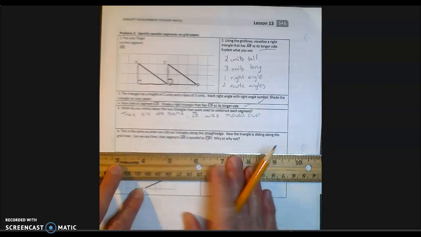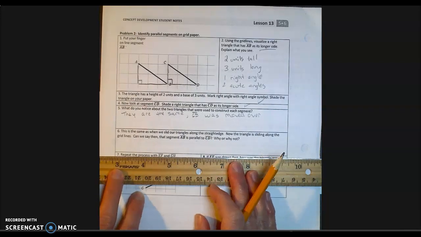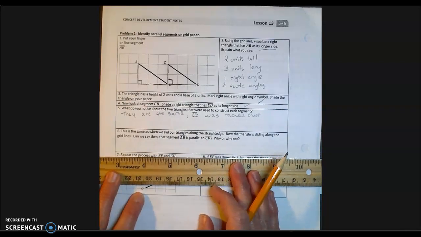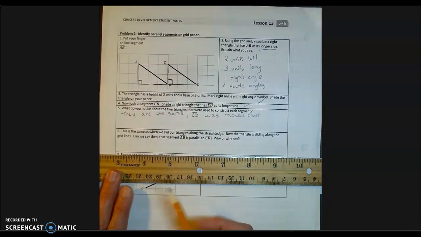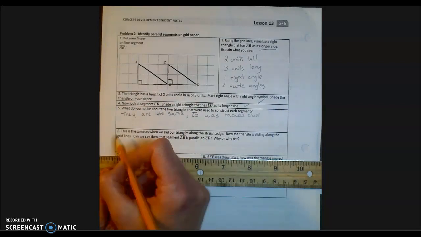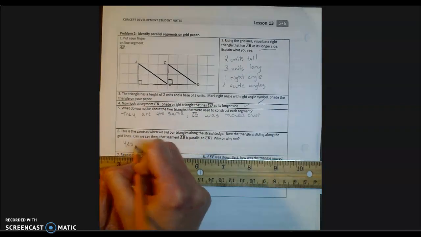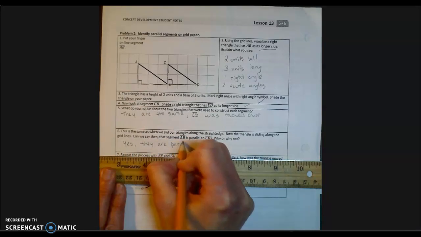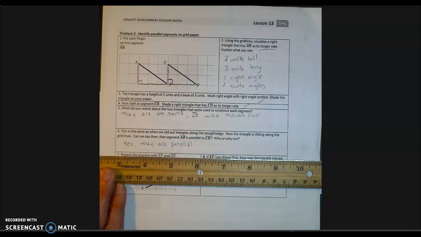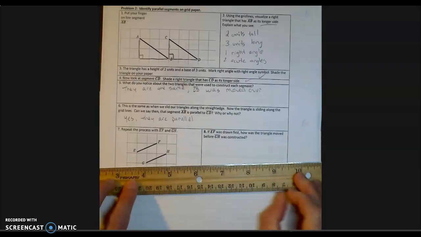Why or why not? What do you think, Mrs. Delahunt? Well, I think that yes, they are parallel. Okay. Yes, they are. Okay, so then,